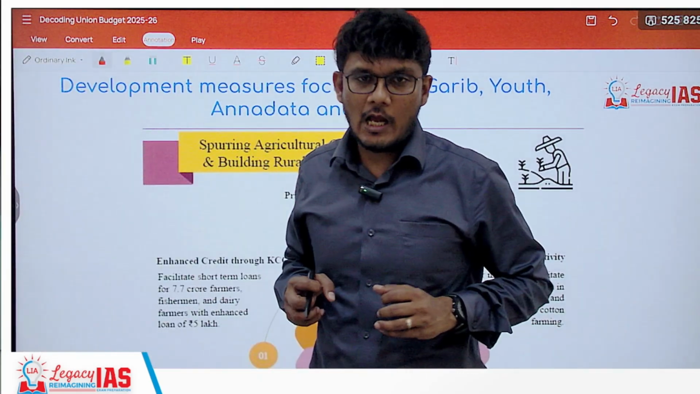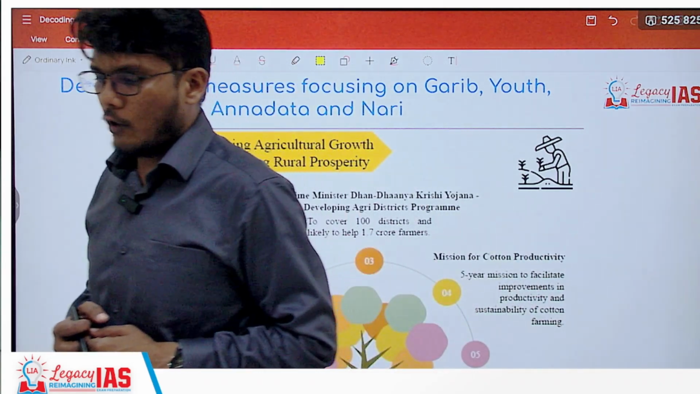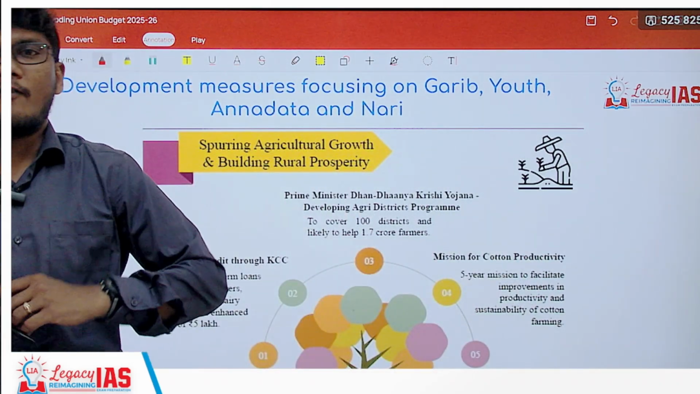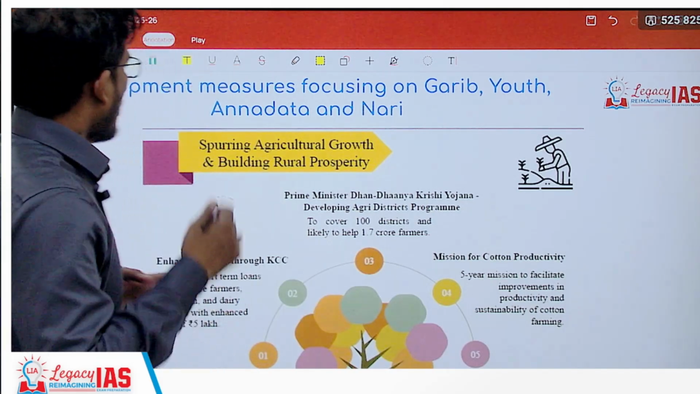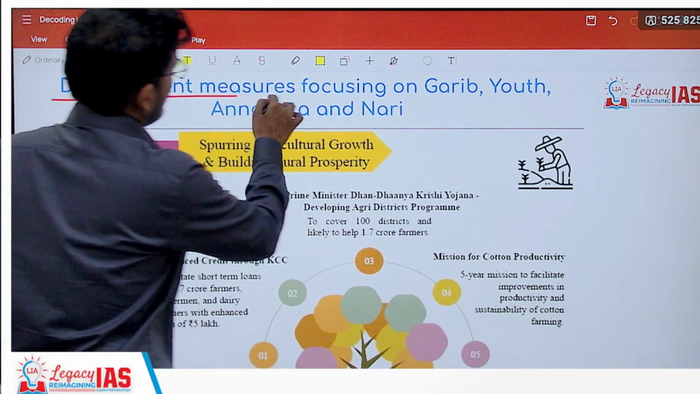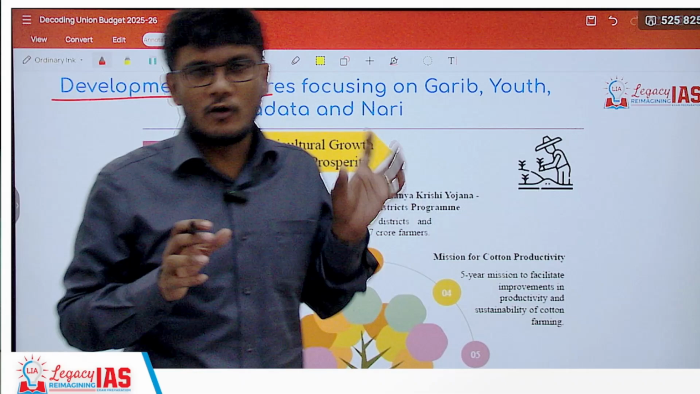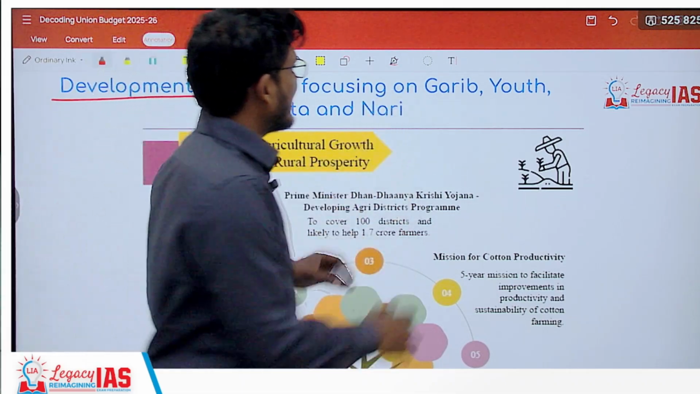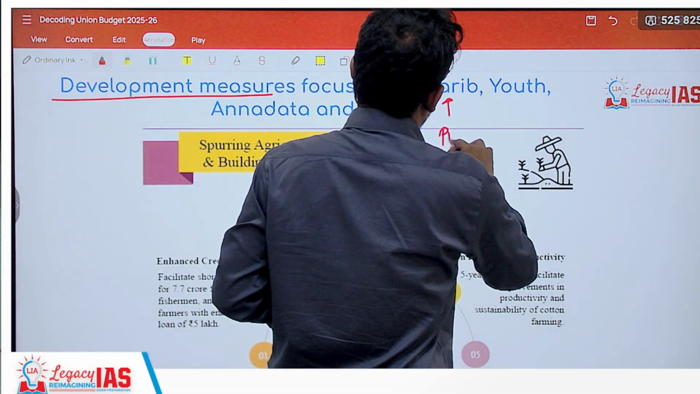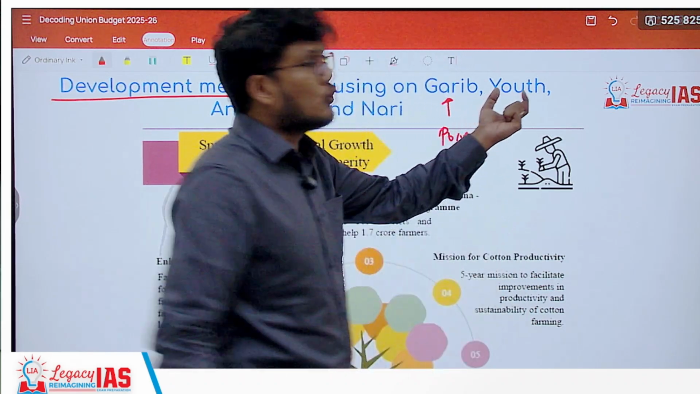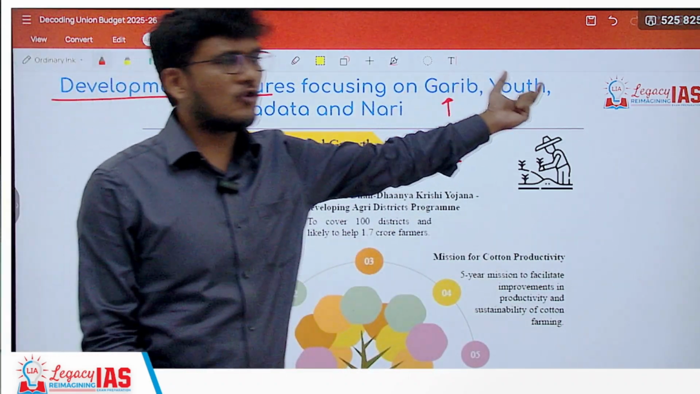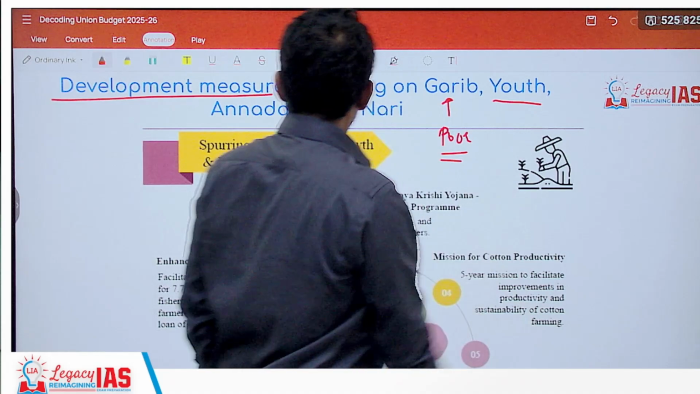Now let us see what development we are talking about and what are the things that the government is trying to focus on. So development measures, the government is focusing on development measures with respect to Garib. Garib means the poor. Then Yuva or youth. Yuva means youth. Garib, that is poor. Youth,